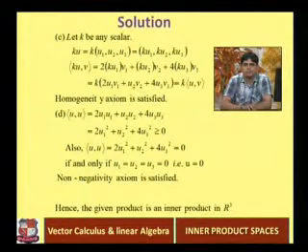k times, in bracket, 2 times u1 v1 plus u2 v2 plus 4 times u3 v3, because we take k common in the whole formula, and the remaining term is 2 times u1 v1 plus u2 v2 plus 4 times u3 v3, and that is nothing but the inner product of u comma v. So we get the result, the inner product of ku comma v is equal to k times the inner product of u comma v. So the third property, homogeneity, is also satisfied.